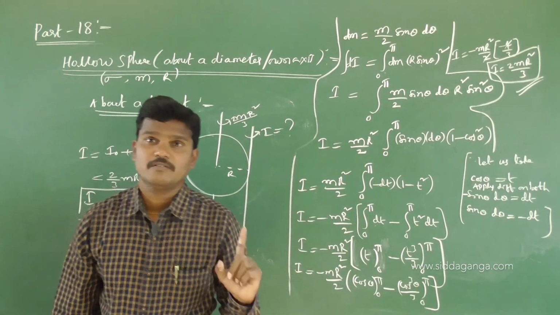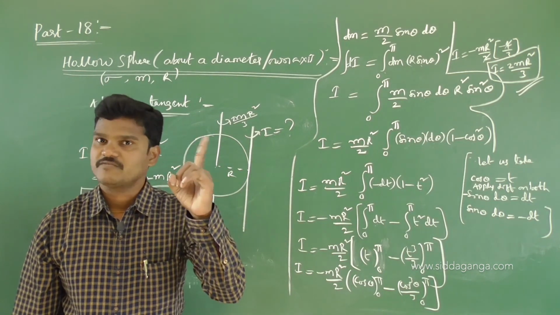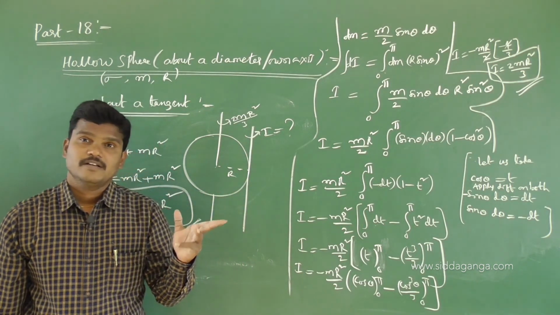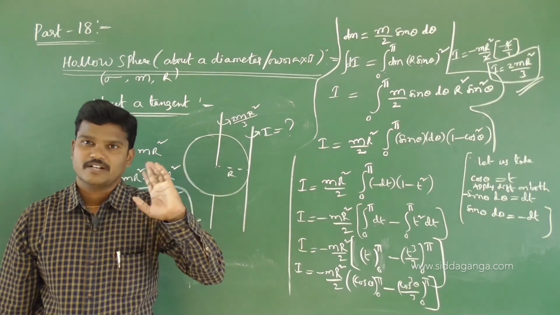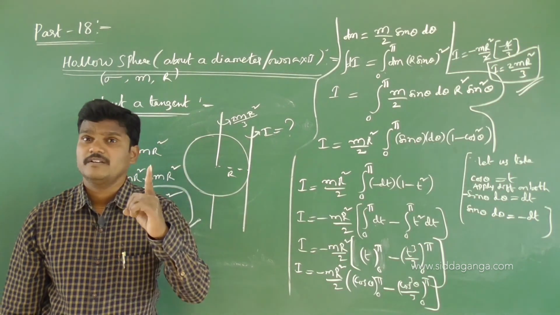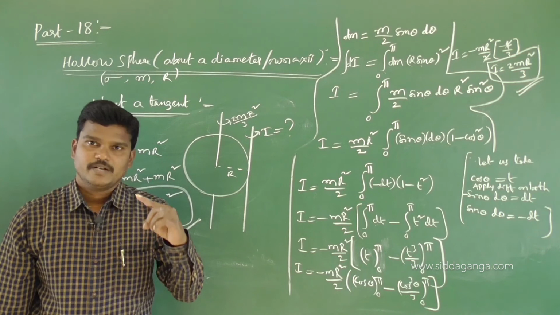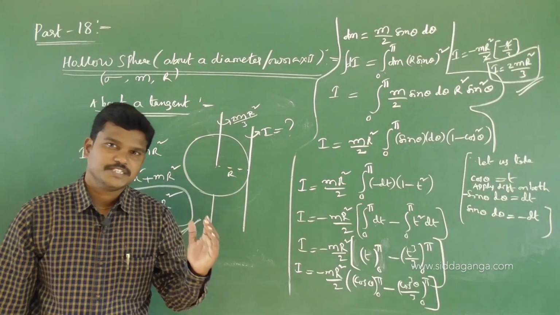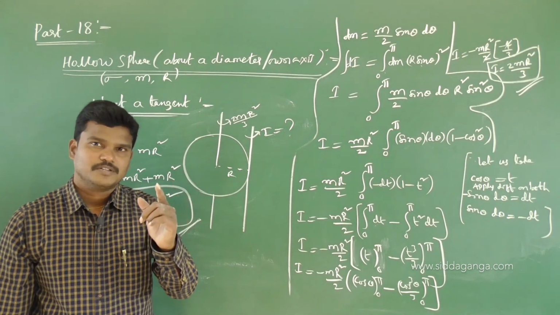Okay, see, so far I covered rectangular rod. For a rectangular rod, perpendicular to the length ml square by 12, perpendicular to the breadth mb square by 12, perpendicular to the plane m l square plus b square by 12. Of course, at one end with making some angle also I calculated. And for circular ring, axis passing through center, perpendicular to the plane mr square. About diameter mr square by 2. About tangent perpendicular to the plane 2 mr square. About a tangent in its plane mr square plus mr square by 2, 3 mr square by 2.